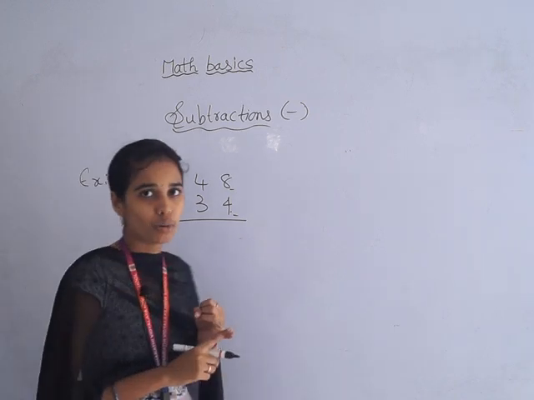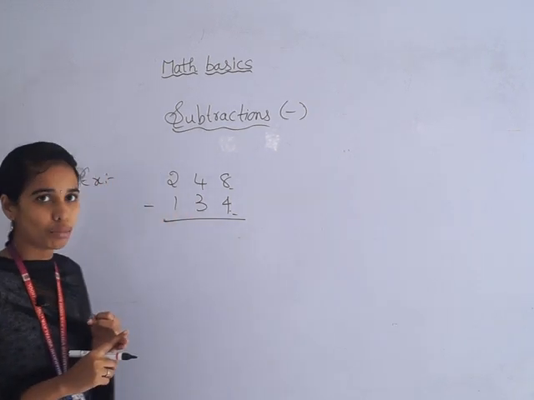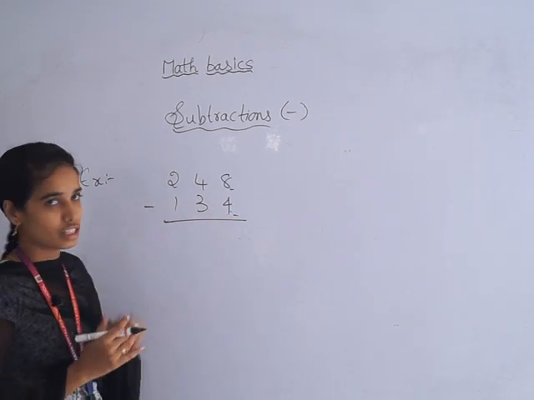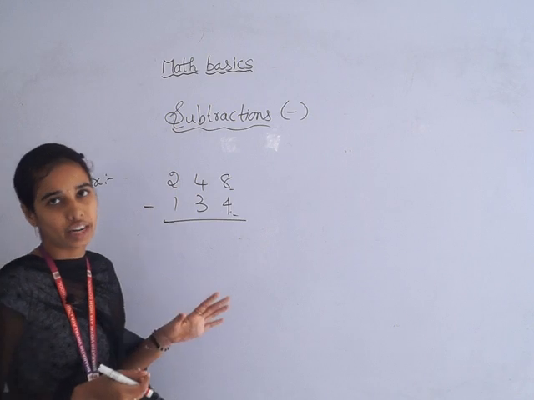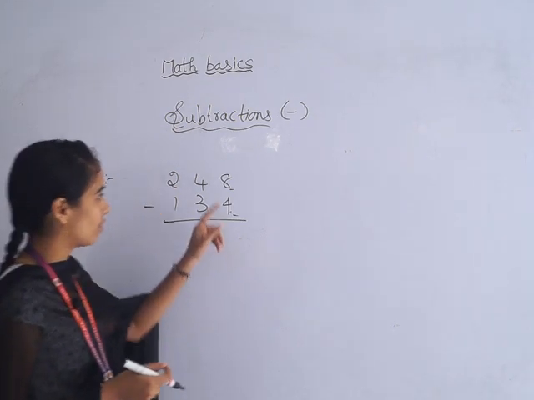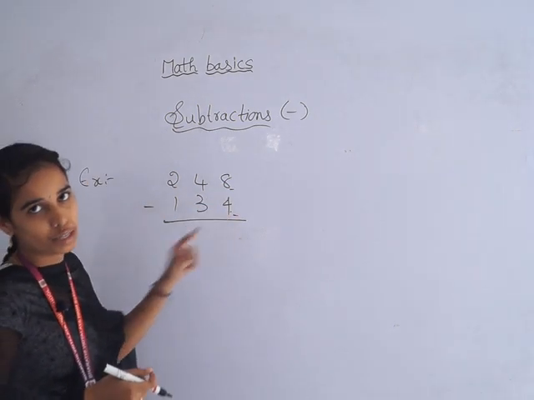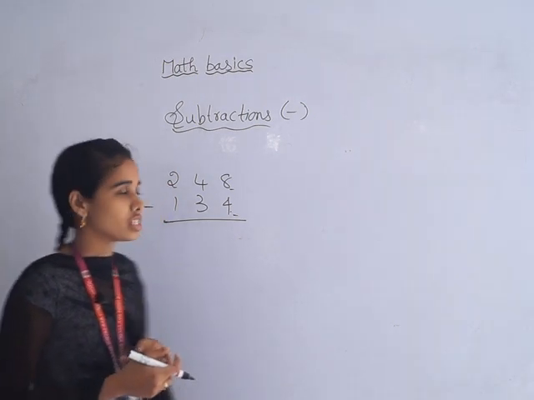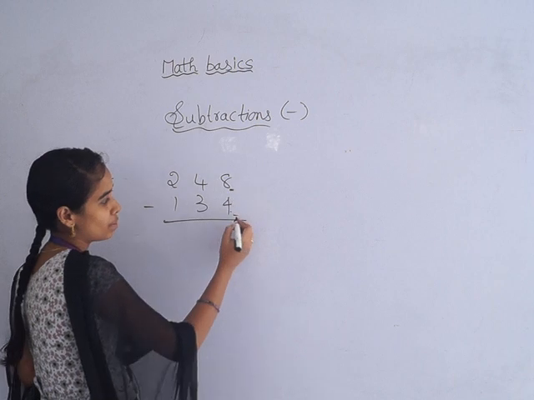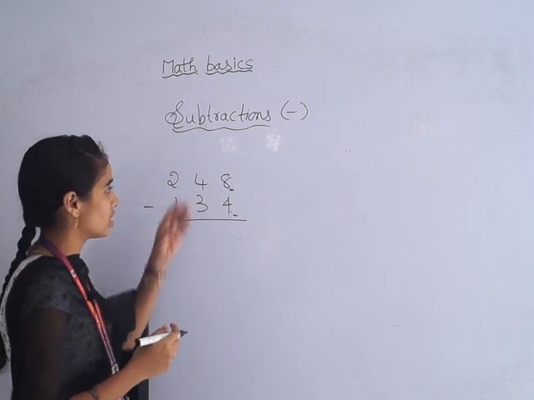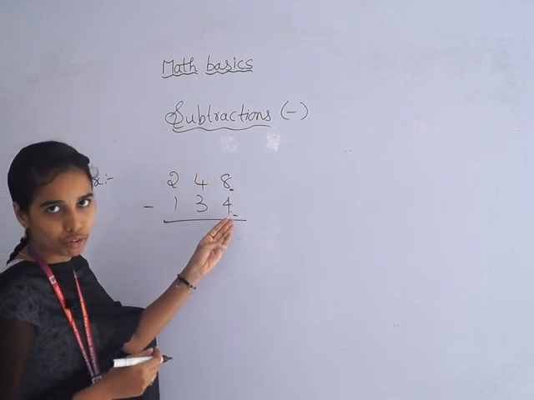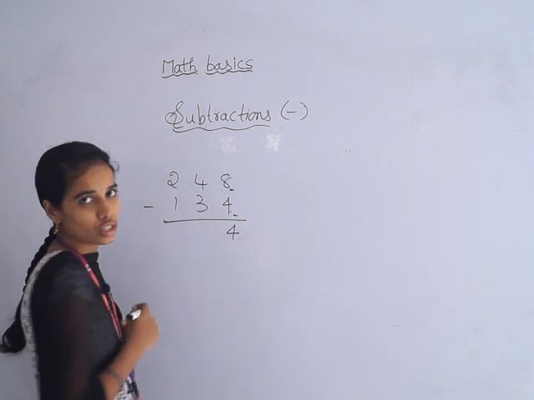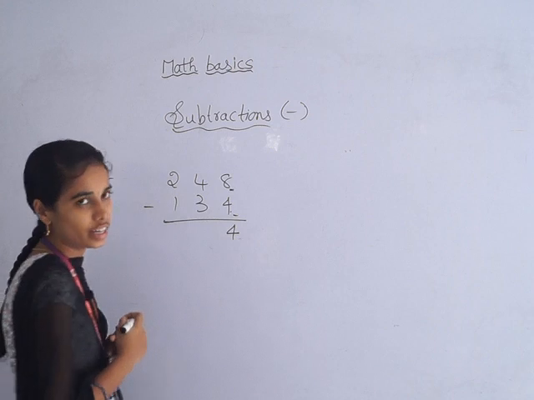When it will come borrowing and when it will not come borrowing means, if you having first biggest number and the next smallest number means we don't need any borrowing. If you having first small number and next big number means compulsory we have to take borrowing. Okay, children. Now 8 is the biggest and 4 is the smallest means in 8 you have to cut 4. So 8 minus 4 equals to 4. So in ones place you should write the answer.